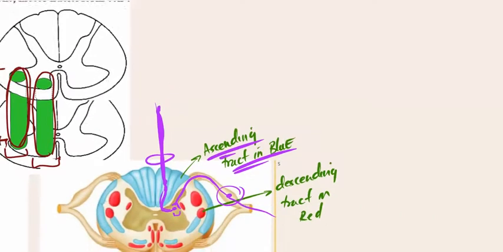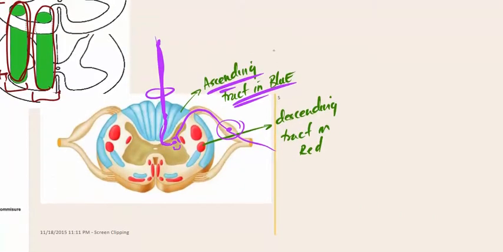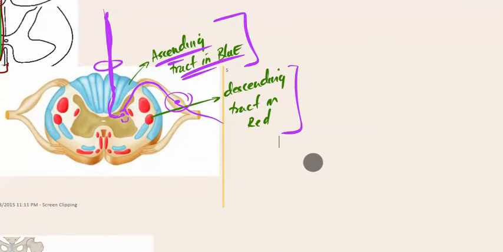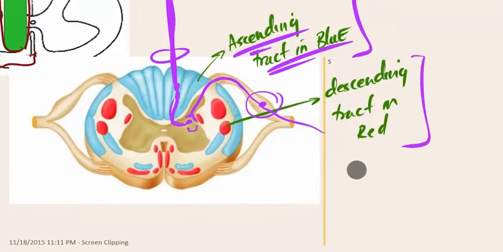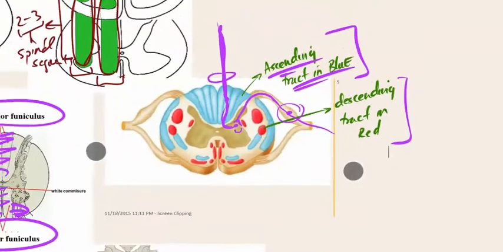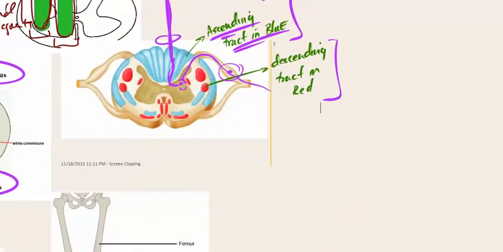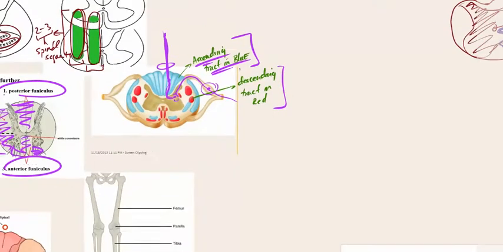All right. So in blue we have the ascending tract, and then in red here we have the descending tract. The descending tract is for the motor neurons, right? And these are just axons, right? So gray matter, Rexed lamina, white matter, funiculi, and then the funiculi are further divided into tracts. You're probably talking about a dorsal column. Yeah. Dorsal column. Okay, so